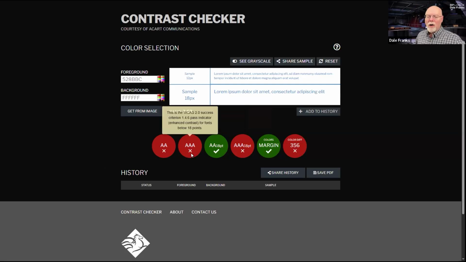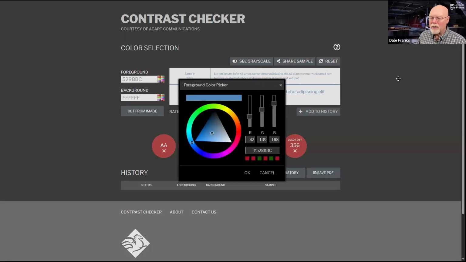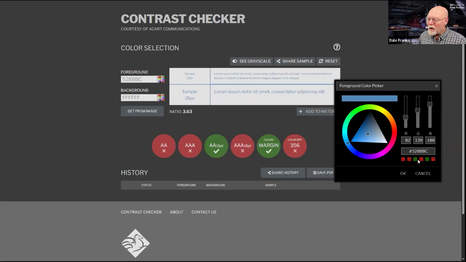So I find this color contrast checker quite useful, because what it enables me to do is, let's say that I click on here and I go to my colors. And notice that there are some little boxes. They're both red and green right now. These boxes correspond with the circles that we see over here on the left. So I can take this color with this color picker, which I find really cool. Here's my current color, 528BBC. So how do I make it double A compliant? Well, it obviously needs to be darker, because I need to increase the contrast ratio from the current, which is 3.63, and I've got to increase it to 4.5.